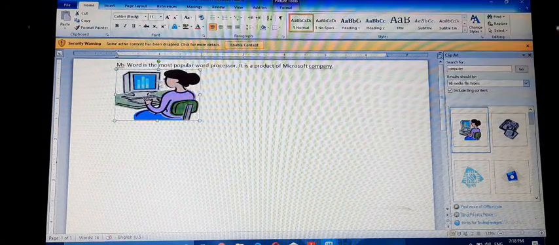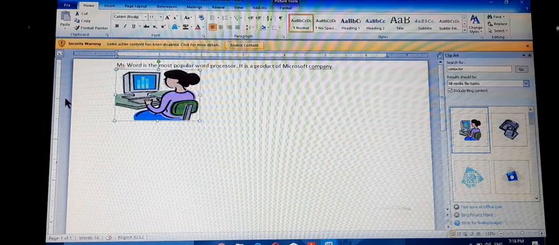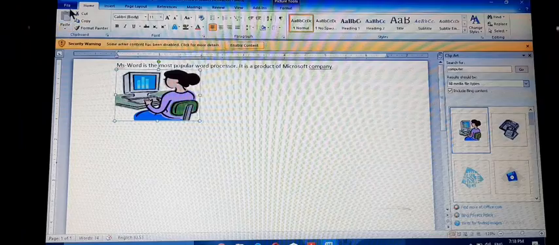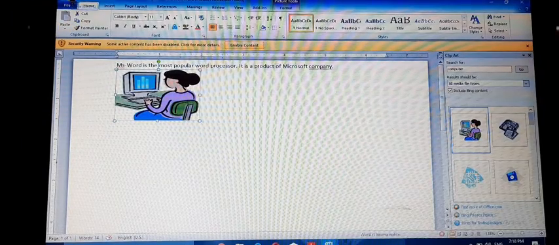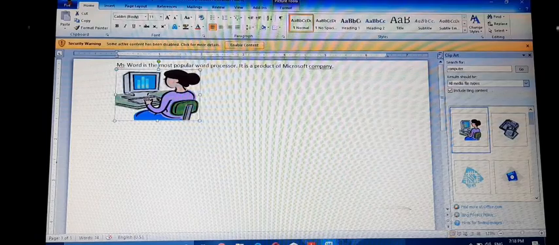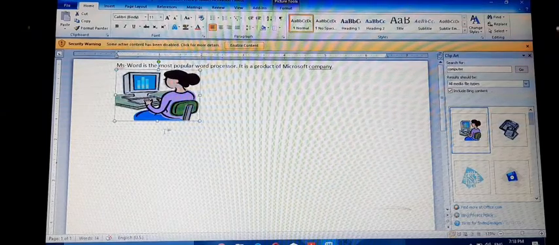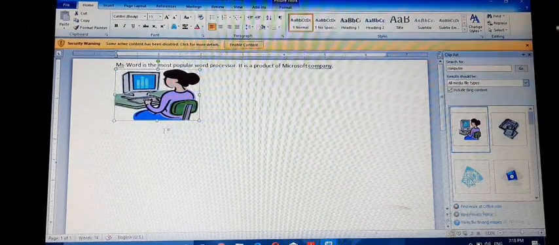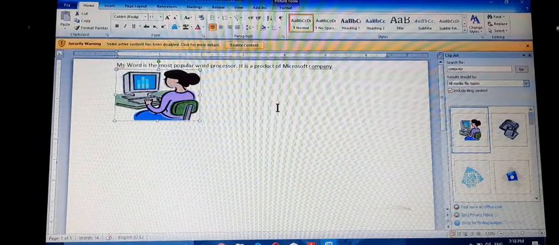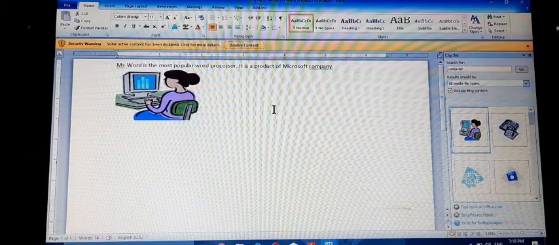To save this picture in this file, we need to save the file. This is the save button. We click on the save button, or you can press the keyboard shortcut Control S.